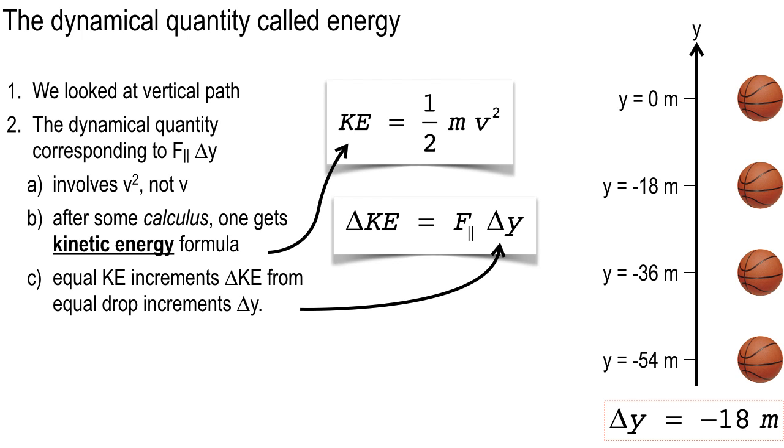And somebody in discussion, I'm not going to ask for a show of hands, went strolling through Google and found some equations that just seemed to work. They didn't really know why, but it did work to get the right answer. And now you know the rest of the story. Now you know why these work: 1/2 mv squared kinetic energy, F parallel times delta X, F parallel times delta anything, any kind of spatial direction.